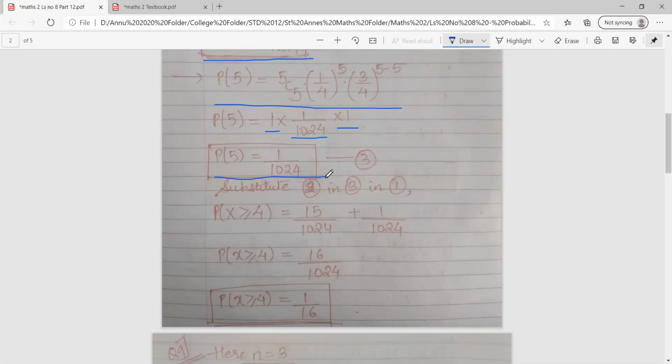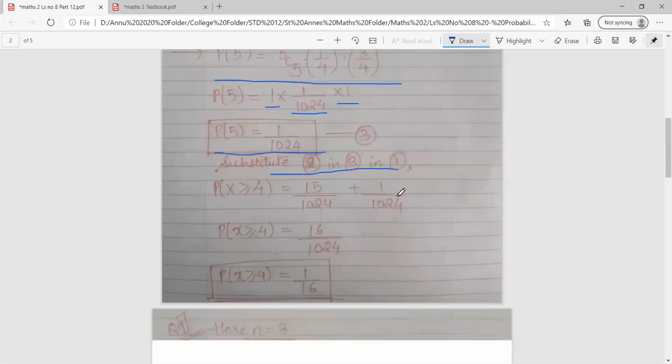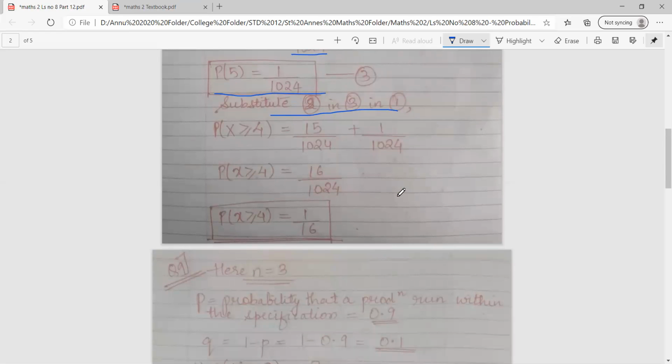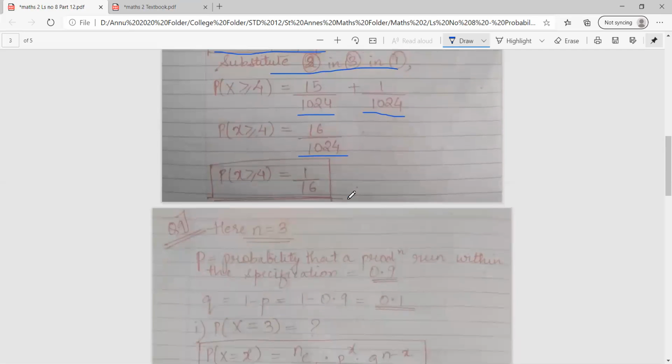Now we'll substitute 2 and 3 in 1. So probability of x greater than or equal to 4 will be 15 upon 1024 plus 1 upon 1024. You get the answer as 16 upon 1024. On reduction, I get the final answer as 16 ones are 16, 16 sixteens are